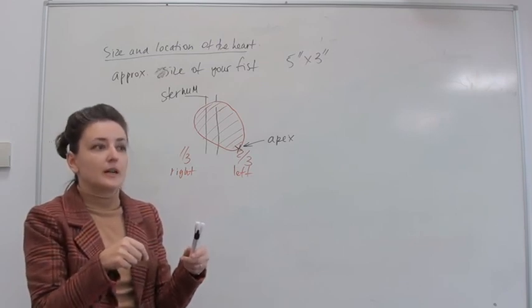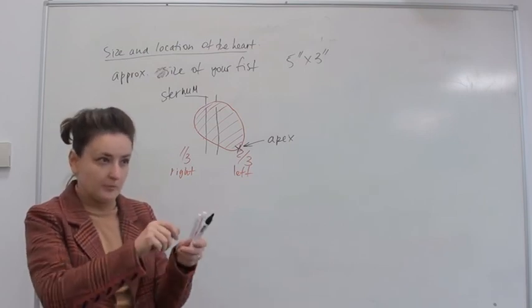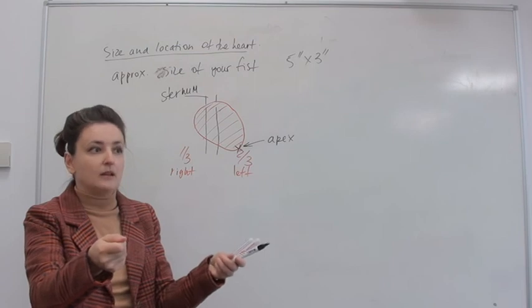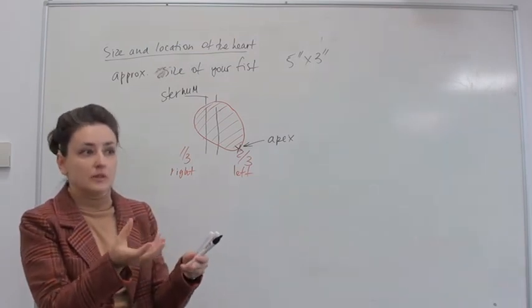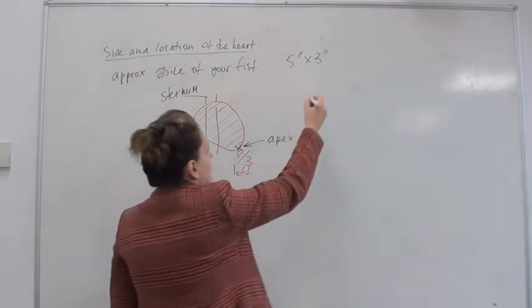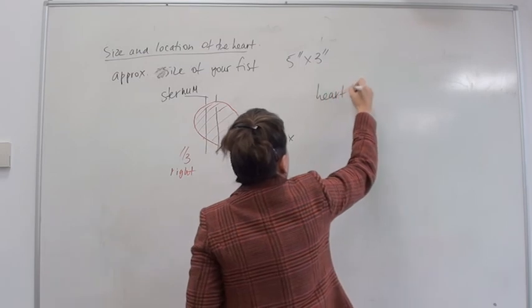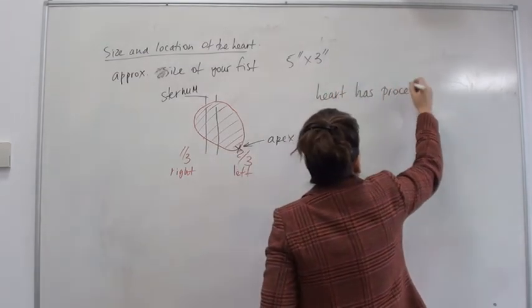This is the so-called pericardium, which I'm going to write down in a minute, and only then would you be able to peel that layer of the heart back, get to the actual heart muscle and see it beating in front of you. So let me just write that down. The heart has protective